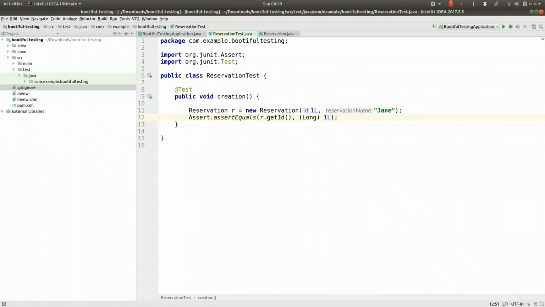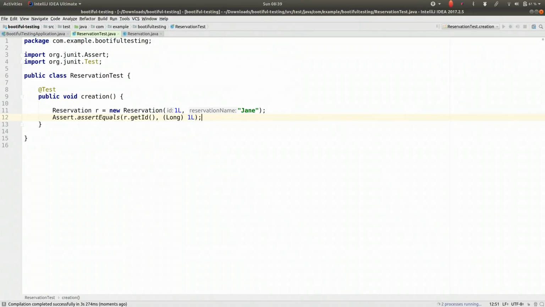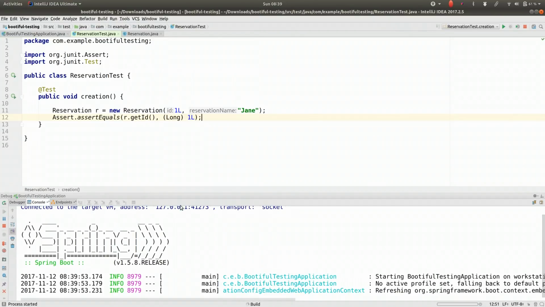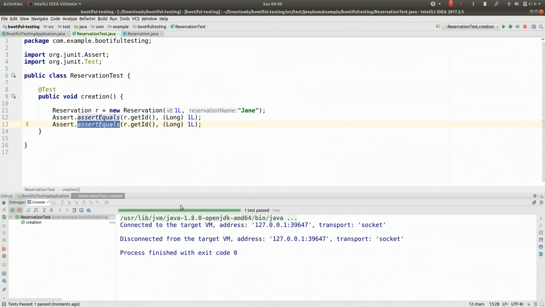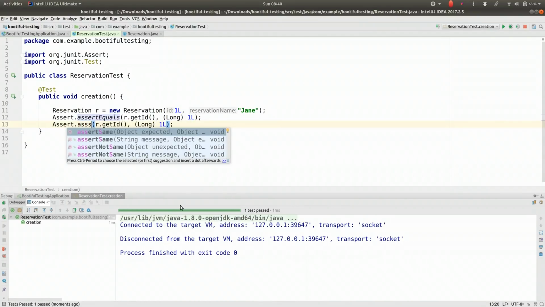So we can run this test now. So let's see, run that code. So that seems to have worked. Good. This is one way to do it. Of course, we could do that. We can use the basic JUnit methods that have been in JUnit since forever and a day. We could also use the assert